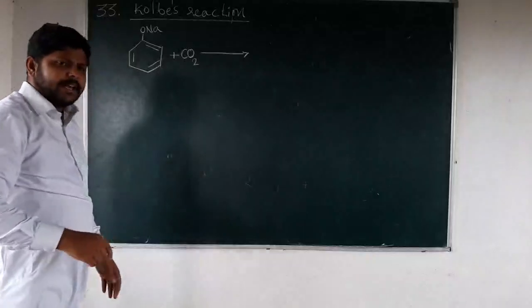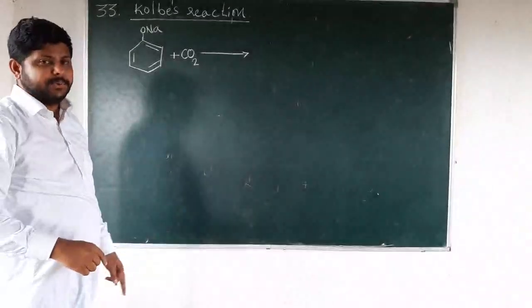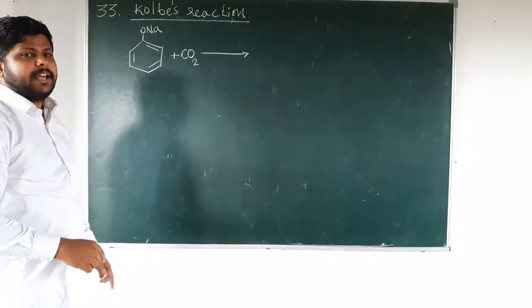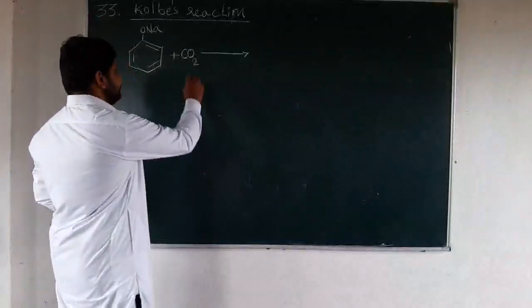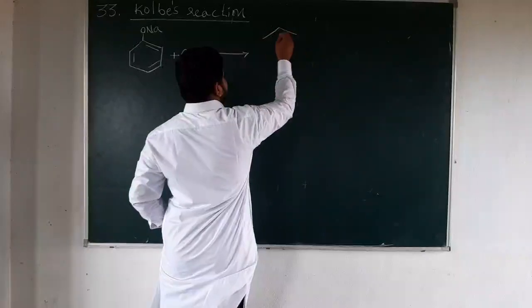In the Reimer-Tiemann reaction, CHCl3, chloroform, is used. In this Kolbe's reaction, carbon dioxide is used. In this reaction, sodium phenate is treated with carbon dioxide to form